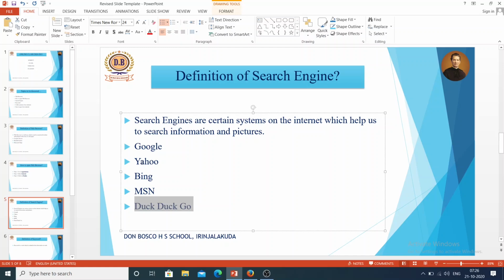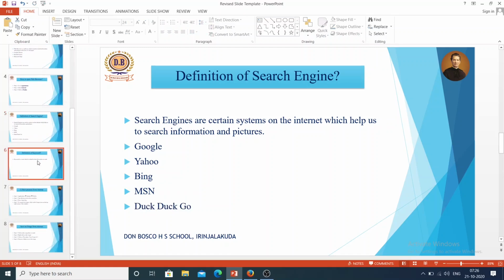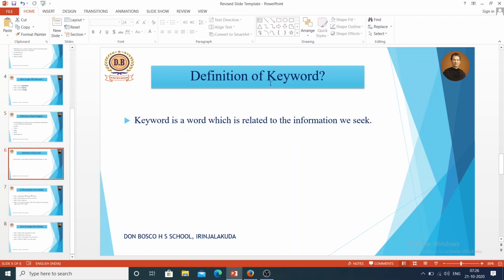Okay, my dear students, let us move to the next topic: keyword. The definition of keyword. Keyword also we discussed in the last class. What do you mean by keyword? For example, if you want to know the detail of camel, what will you type in the search box?